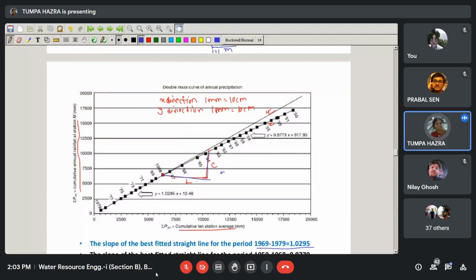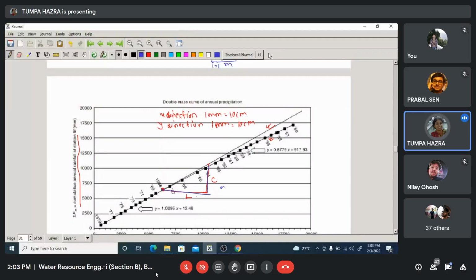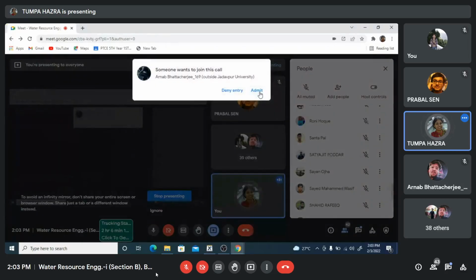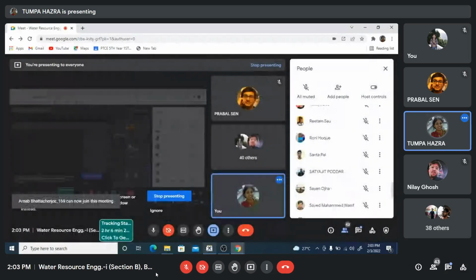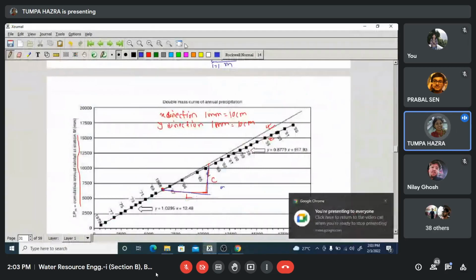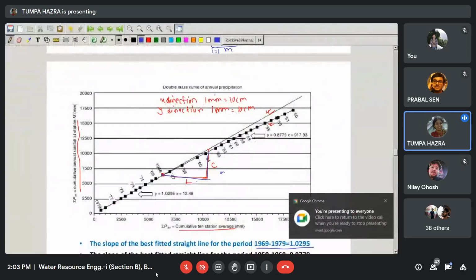And whenever we find any data is inconsistent, then we will correct the data by extending, interpolating the original slope, and then we will calculate the correction factor, and then we will multiply the correction factor with the original values to get the corrected data. Okay,